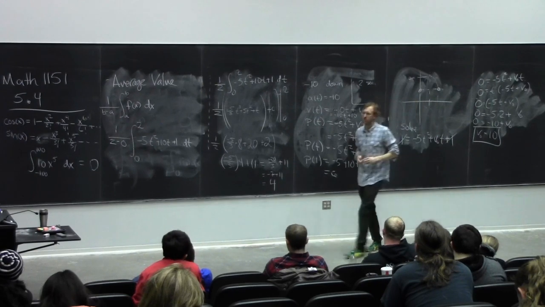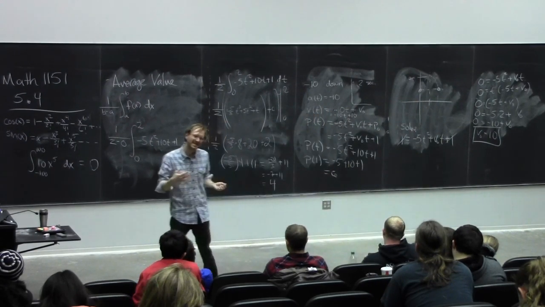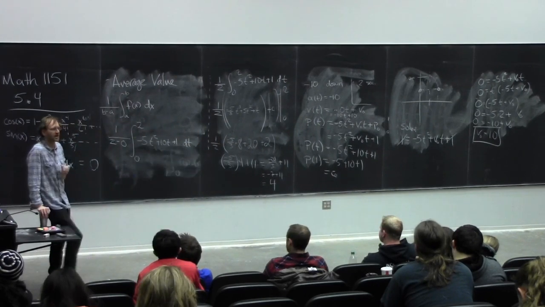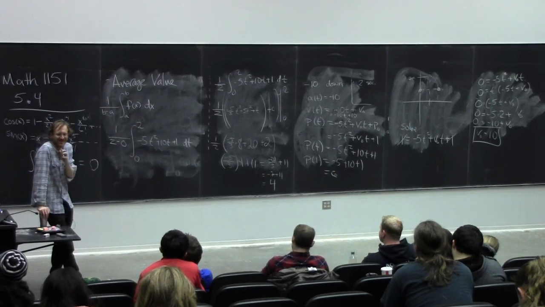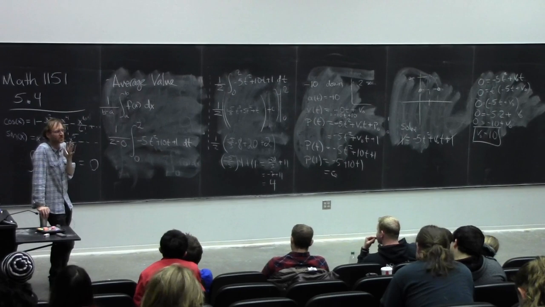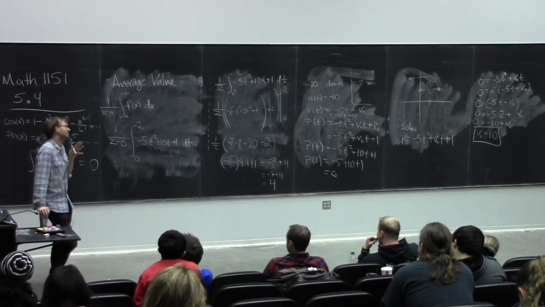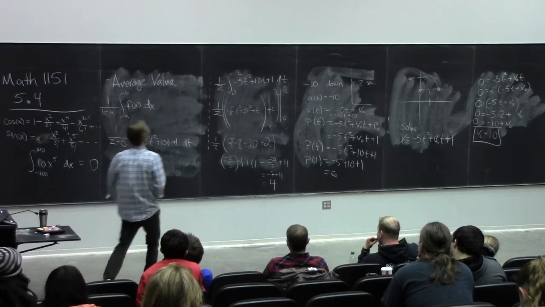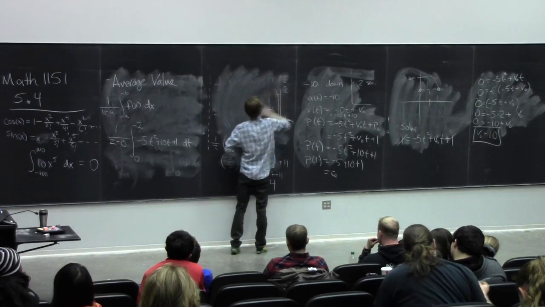So, average value. What's another word for average? Mean. Okay, so if you think about mean, in the context of this class, and you don't think about any people in this class, what theorem do you think about? Mean value theorem. Okay, so the mean value theorem says that if you have some weak conditions on your function,